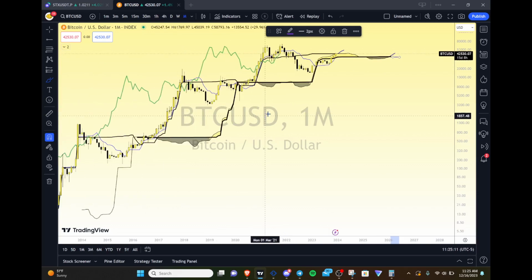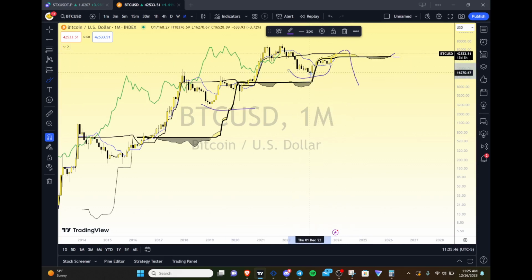That's what a lot of people don't understand. This is not likely to stop here if we were to fail here. If we were to fail at 50,000 and had the failure of a breakout on the Ichimoku, this is not likely to stop here. This is likely to take these lows. And if you think that's crazy talk, it's not, because go on any time frame chart and look for that behavior where you make a macro lower high and you have a failure on a high time frame Ichimoku and you actually break this low here, okay?